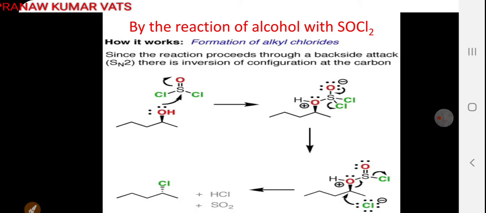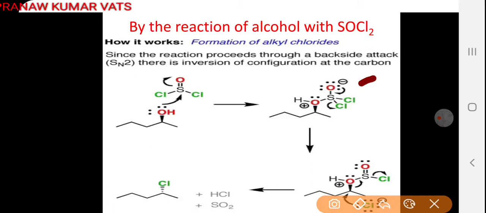You can see here when this electron pair is given to the sulfur atom, then there will be repulsion between the electron pair donated from O of OH and this S double bond O, and it will shift this pi bond onto the oxygen atom. So the oxygen atom will acquire negative charge. When one oxygen atom acquires negative charge and this oxygen atom is acquiring positive charge, and I have already told that positive charge is unstable on oxygen atom, so this breaking of the CO bond will take place.